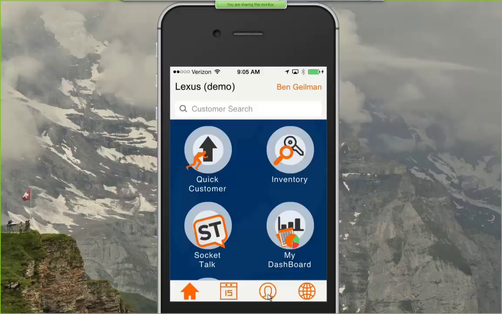This icon with the little person will allow me to see a list of my customers. Then this will be my notifications. And at any point, if I want to get back to this main screen, I'm going to look for the home button. So let's walk through a few scenarios of the common things you're going to need to do within